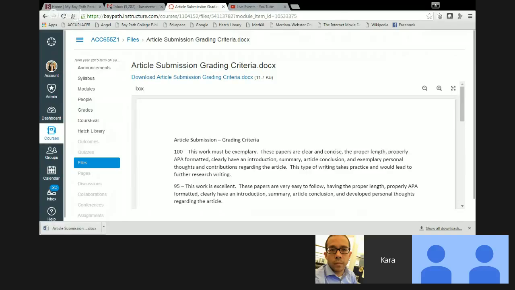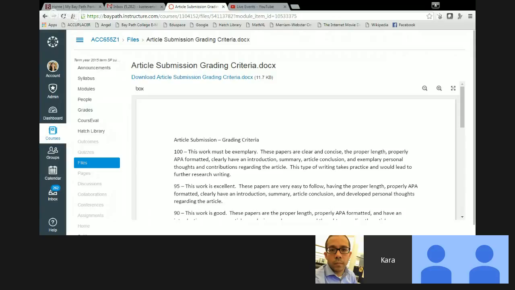Most students fall into this 95. The work's excellent. The paper is easy to follow, proper length of 2 pages, properly cited, with an introduction, summary, article conclusion, and personal thoughts. That's what I'm looking for when you're reading this. What's the article about? As an introduction, summary, how'd they conclude, and what are your thoughts? What can you add to this? What would you maybe do differently? To get the full 100, it's really